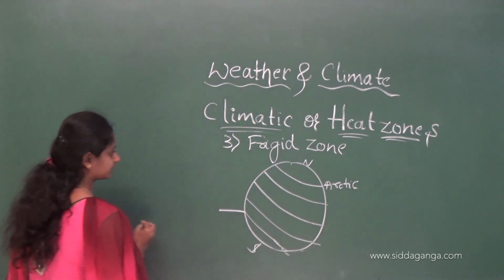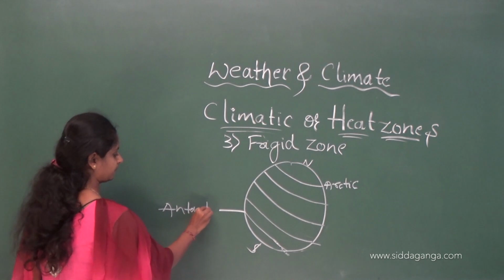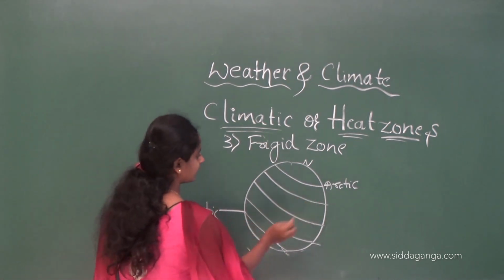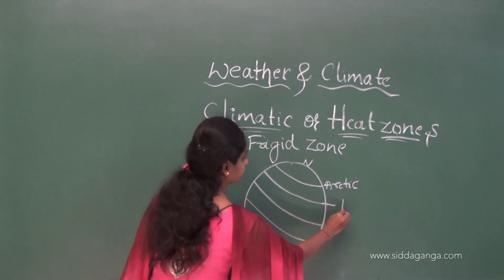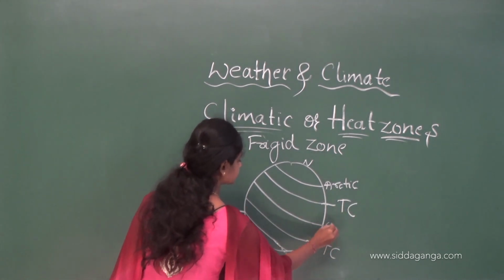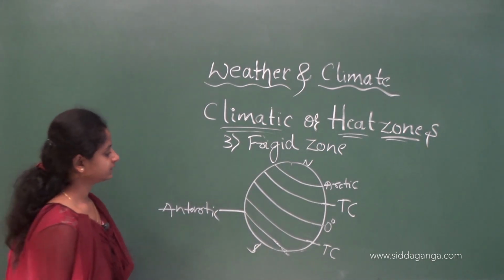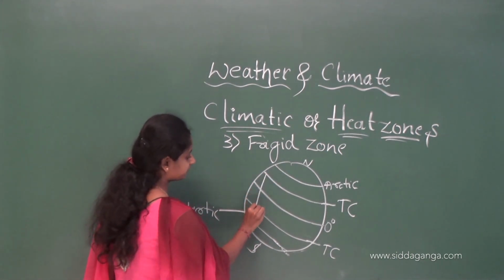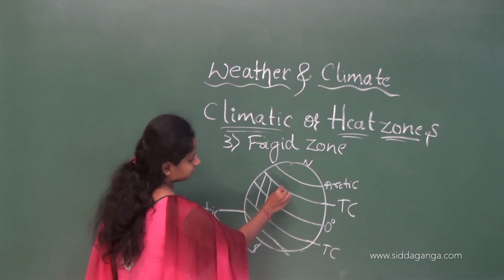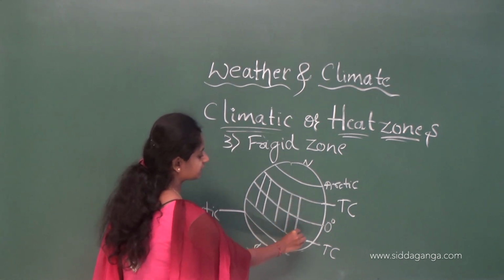This is the Antarctic Circle and this is the Arctic Circle. This is the Tropic of Cancer and this is the Tropic of Capricorn. This is the equator. Understood? Now, this zone between the Tropic of Cancer and the Tropic of Capricorn, including the equator,